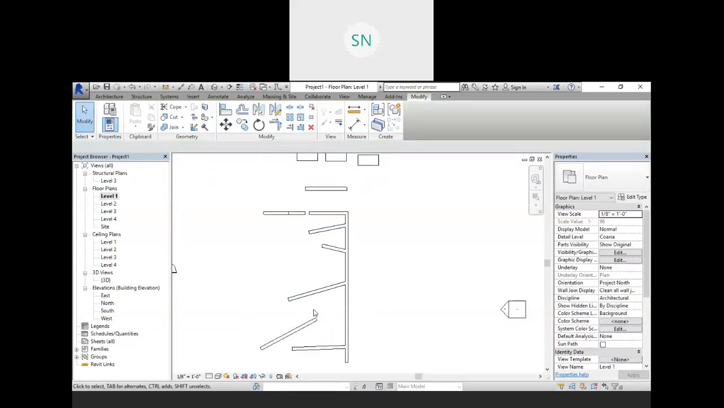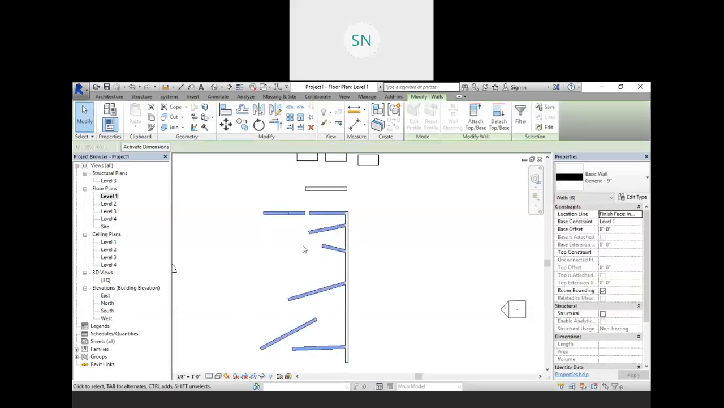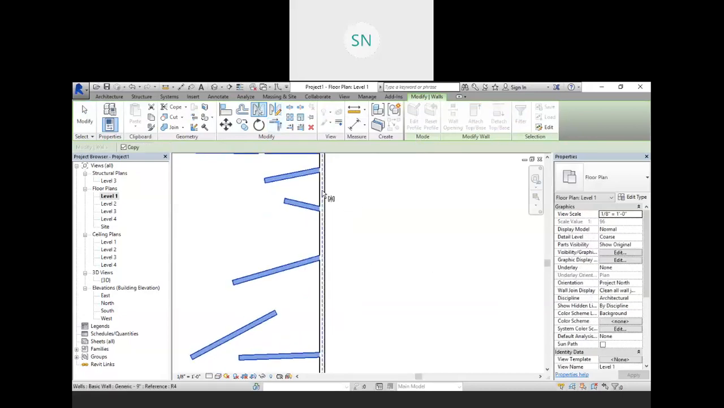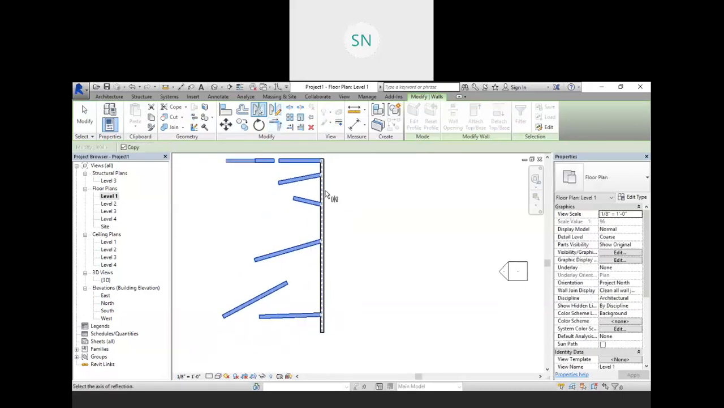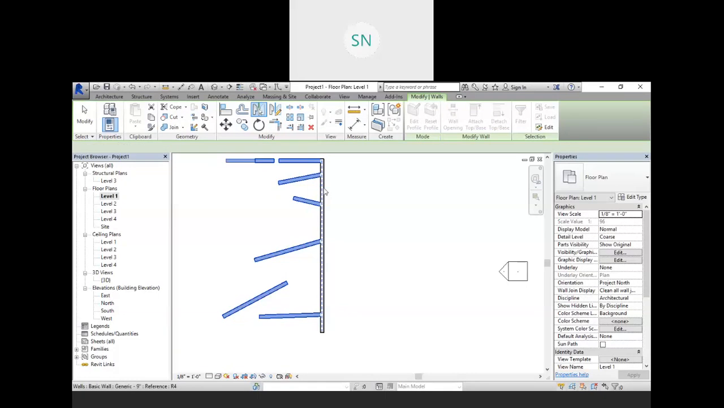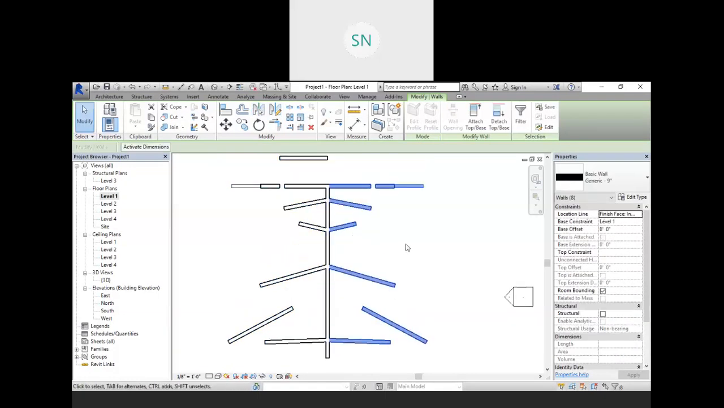So I want to create a mirror of this wall around this wall, right? So first select your walls, whatever you want to mirror. Then we have two options over here: pick axis mirror and draw axis mirror. So first click on this pick axis mirror, and here you have to select your mirror line with reference. You are not able to draw your mirror line. So I am selecting the center line of this wall as my mirror line, and you will get the result,